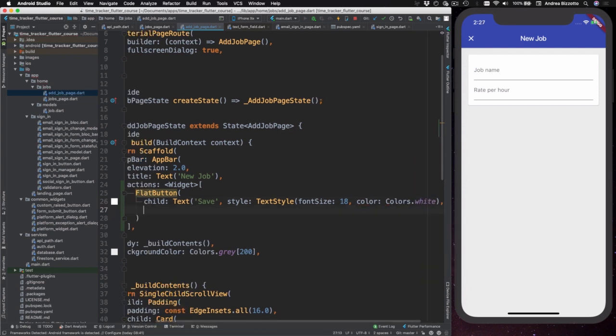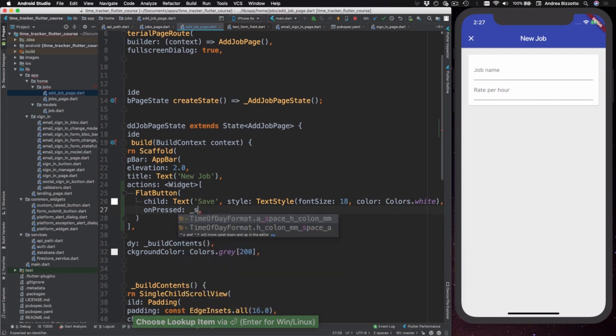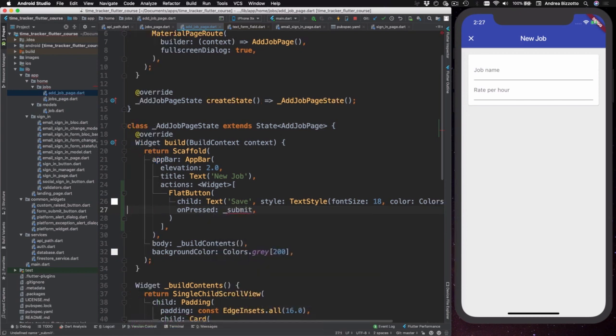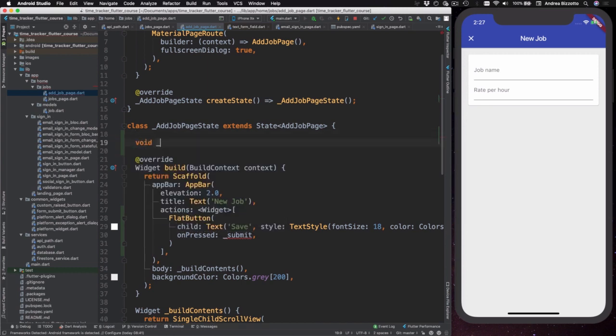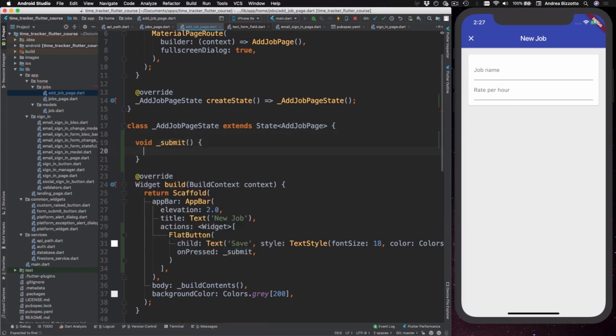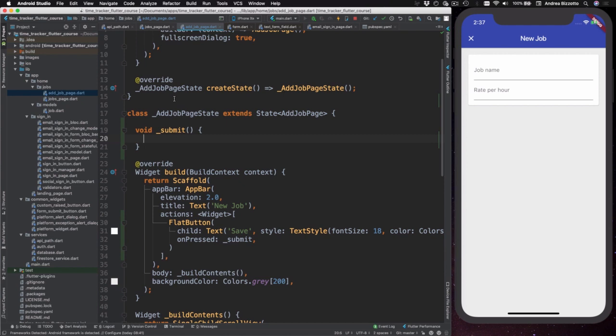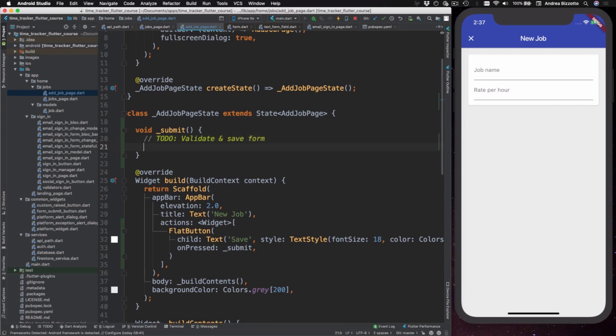And then I need to add an onPressed callback which calls a submit method, and over here I can define this method as void _submit, like this. And here I can add a to-do that says validate and save form, and another one that says submit data